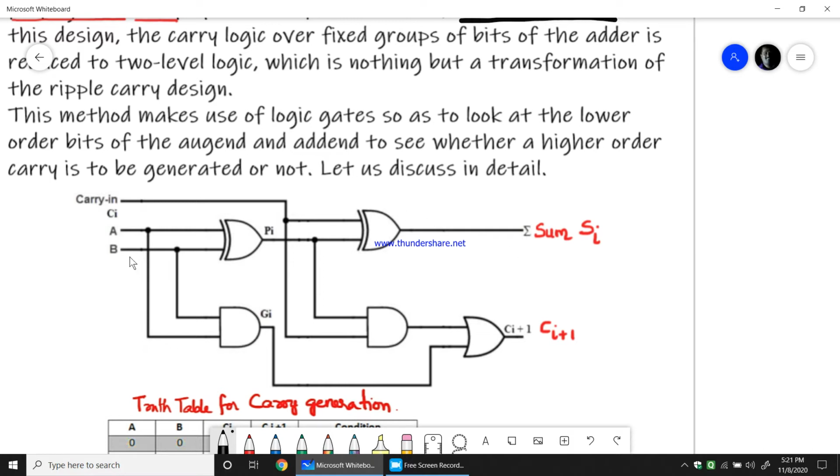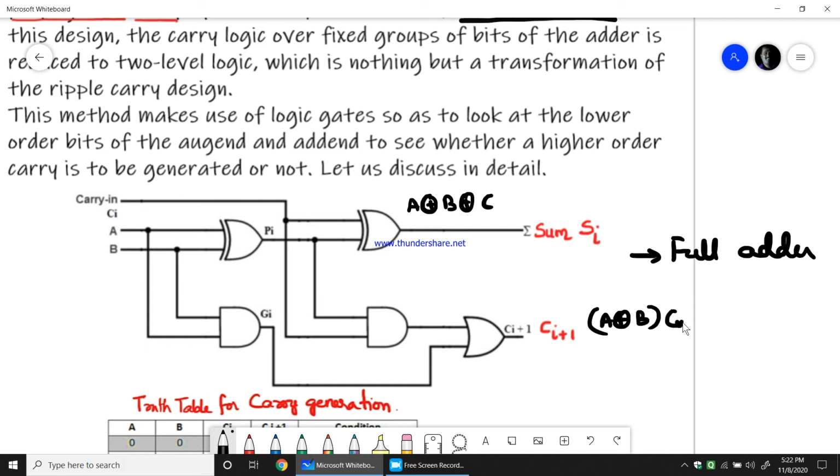So anyway, this is the diagram which is written for a full adder. So full adder, we all know that sum is equal to A XOR B XOR C. So this be A XOR B XOR C what we get. Whereas carry is nothing but A XOR B, ANDed with Cin plus AB. So this is what we normally get for the expression for the carry when we take full adder, and that is what I have written here.